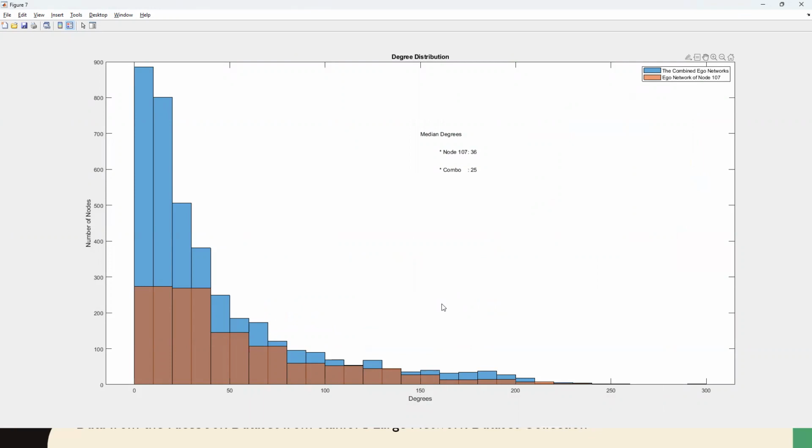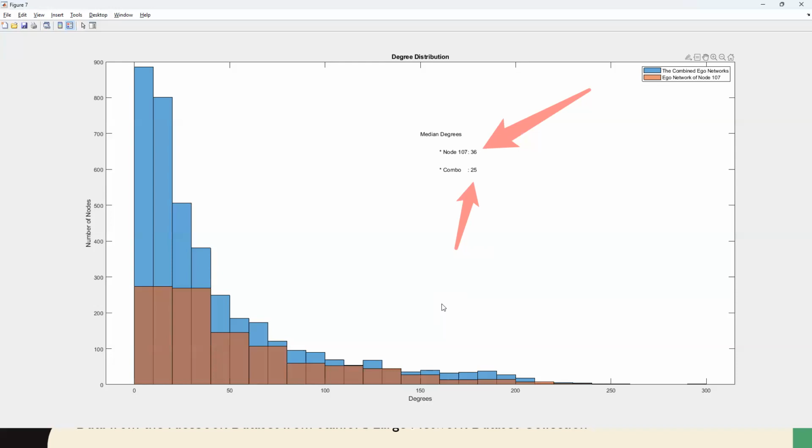Okay? So, medyo pwede mong tingnan as mas friendly yung mga nasa ego network ni node 107 because the median degree ng mga nasa node 1 dun sa ego network ni node 107 ay 36. Ibig sabihin, the median of the degrees of the alters of ego number 107 or node number 107 ay 36. Meanwhile, ang median nung 10 ego networks combined ay 25 lamang. So you can think of lahat ng nasa network ni person number 107 ay mas Facebook friendly than the entire